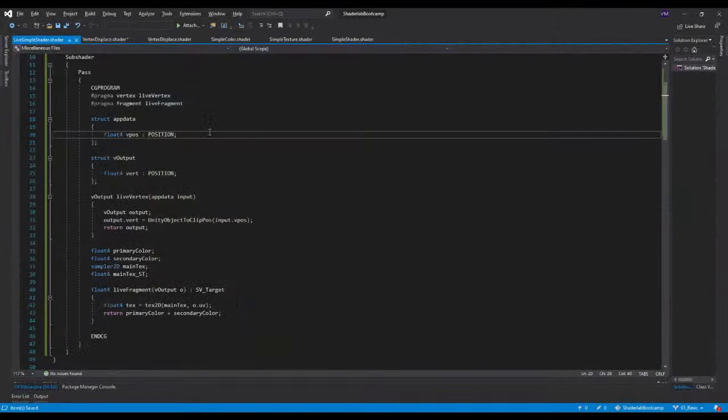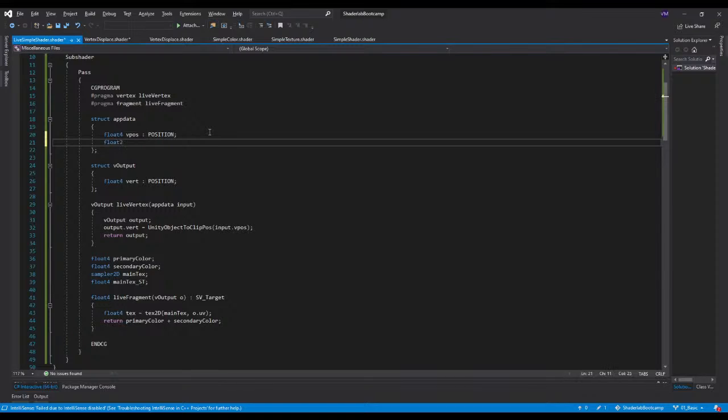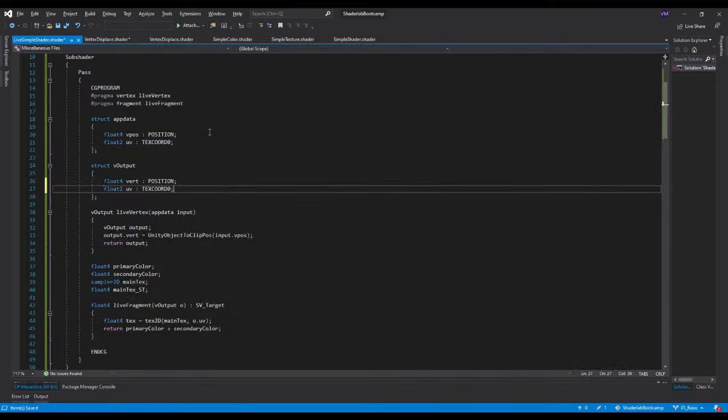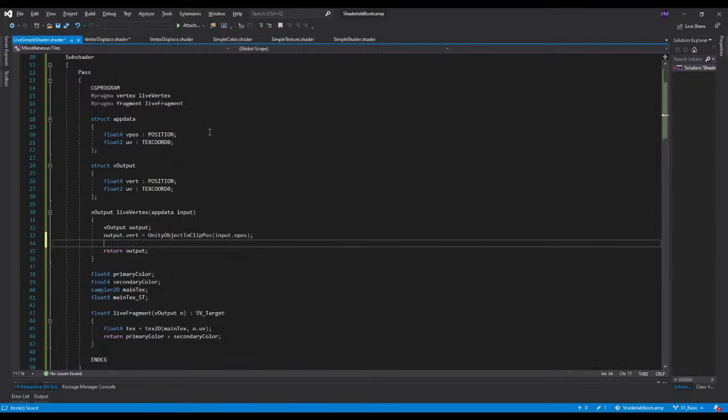So now we are dependent on the UVs of that particular object, right? We will say we want float2 uv. I'm just going to go very conventional with this standard. This is the semantic for the UV, TEXCOORD0, because it will give me the texture coordinates. Okay, and here we are going to learn one more thing, that output dot UV is going to be